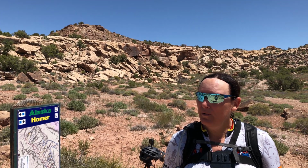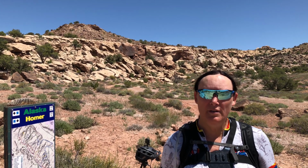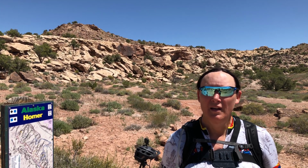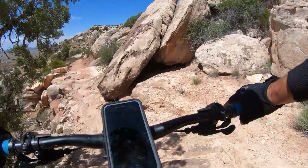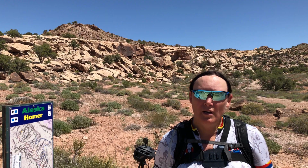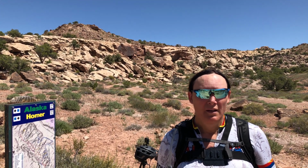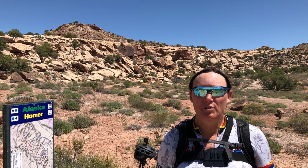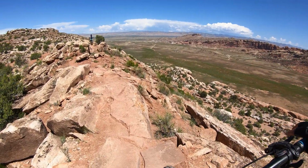Mostly, I would argue, I think most of the trail is black for the fitness. Either direction that you rode it, it would be a hell of a lot of fitness. We did it counter. I think that's the better direction, and still a lot of fitness. There were a couple of sections that I elected to walk, even though very rideable. The penalty for failure was instant death. So like I said, it's usually not my cup of tea, but